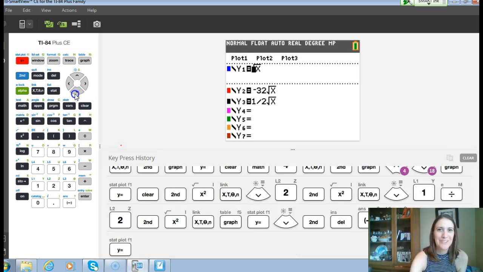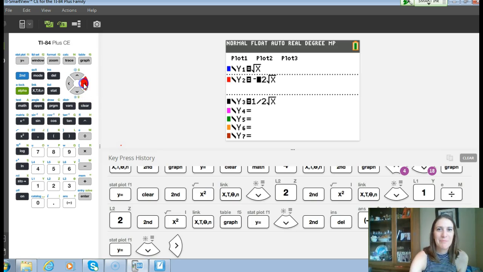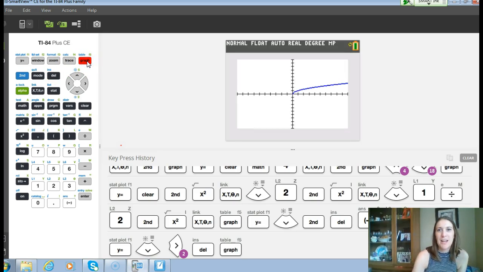Get rid of the 2. Well, I saw what -3/2 did, and it was not good. All right, -3. So it would be the red one I'm looking at. So, yeah, it reflected it over the x-axis, which I anticipated because of the negative in front. And then it grew faster, if you want to call it that way. It's going much steeper. It's increasing the y value, or in this case, decreasing the y value much, much faster